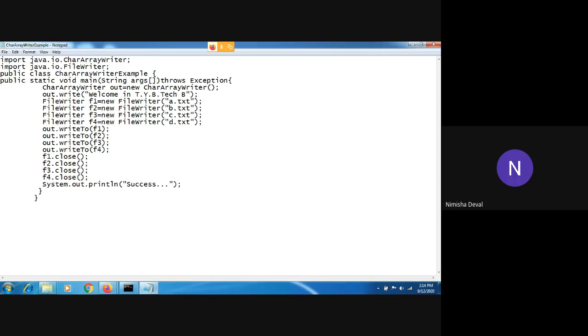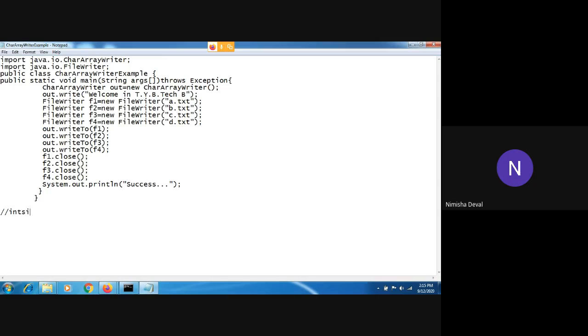Right now we have seen it for a single file, but we can write the same data in multiple files also. This class inherits the writer class. Its buffer automatically grows when data is written in this stream. After using this stream, you can close it with the help of the close method, as we have seen many times. Again, here are also some methods.